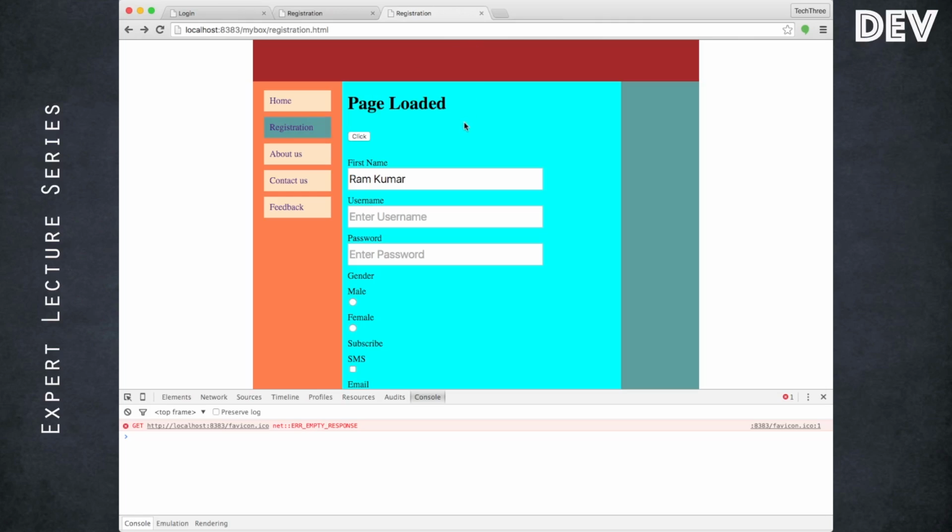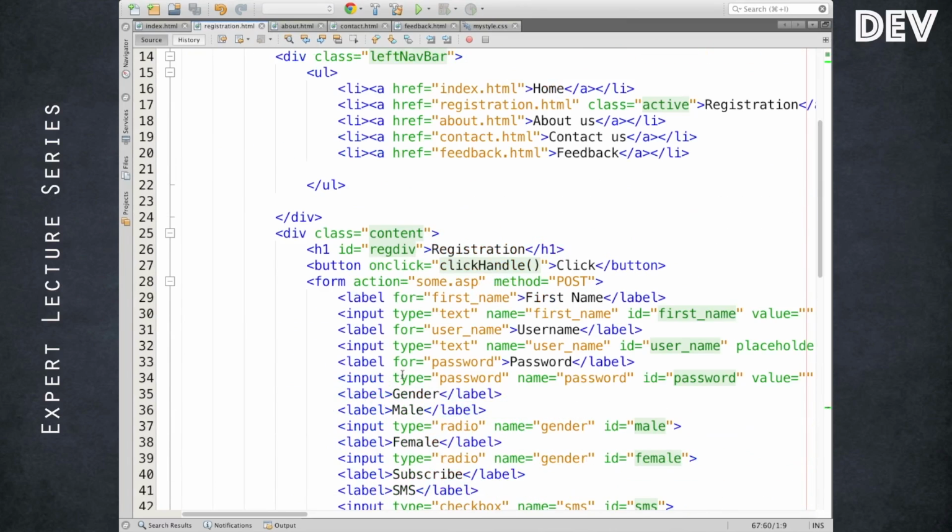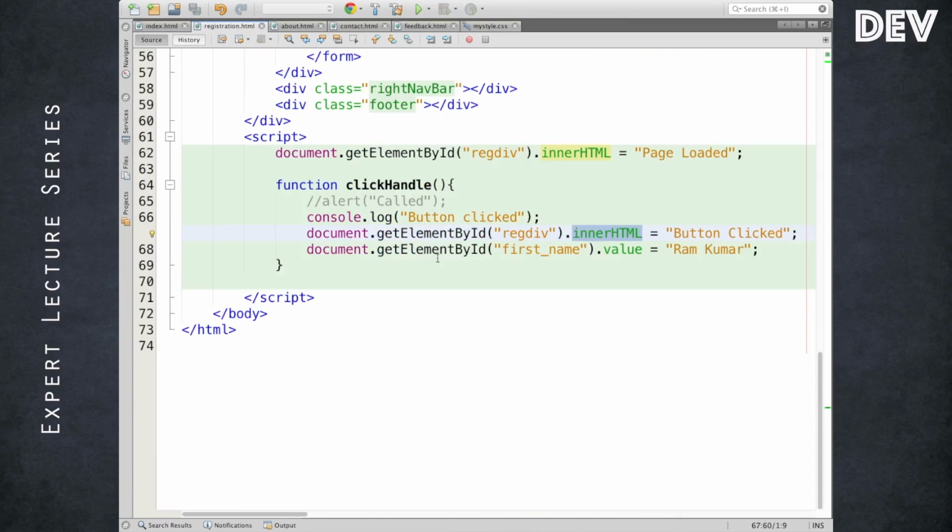Instead of writing raw JavaScript, we'll also write neatly written JavaScript, which is widely used. A lot of helper functions are there, so we'll also use jQuery. We'll try to minimize the use of direct raw JavaScript statements like this. If you see, I had a little difficulty identifying the document element by ID or name, because it is browser dependent. Some browsers will accept that, some may not. So jQuery helps you overcome the issues of browser compatibility.